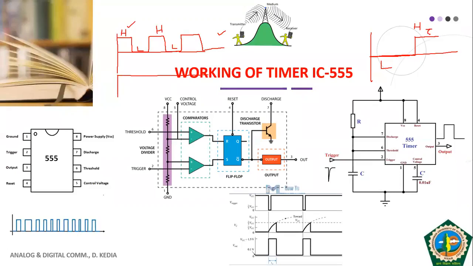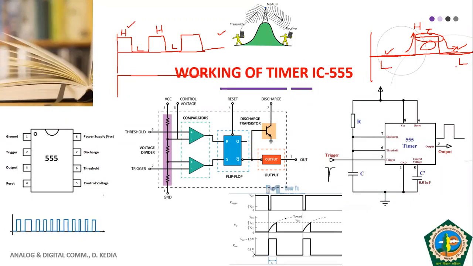Okay, some amount of time, say tau, and it will again revert back to the stable state, and it will remain in the stable state from then onwards. So it remains in unstable state for some specified duration of time, and the other state is the stable state. So this L is its stable state. It remains in that. When we trigger, it switches from stable state to unstable state. It remains in unstable state for a specified duration of time, and then it again switches back to its stable state. This is called monostable multivibrator.